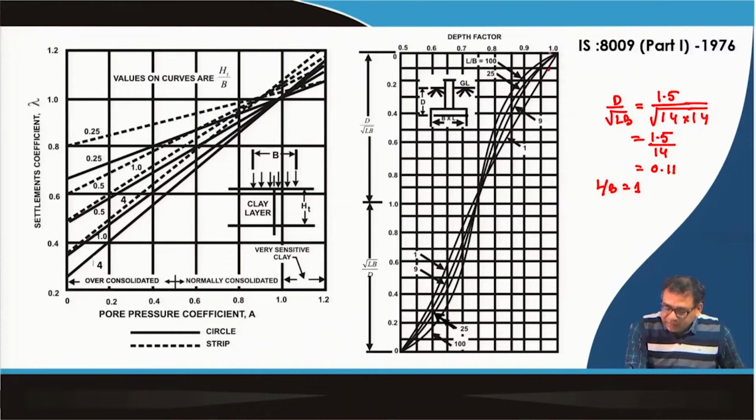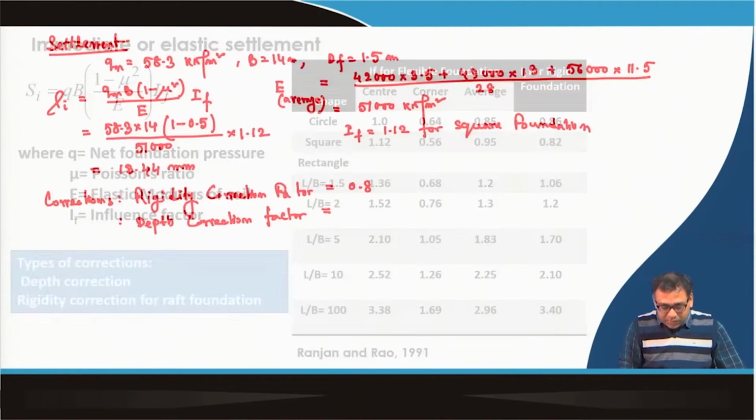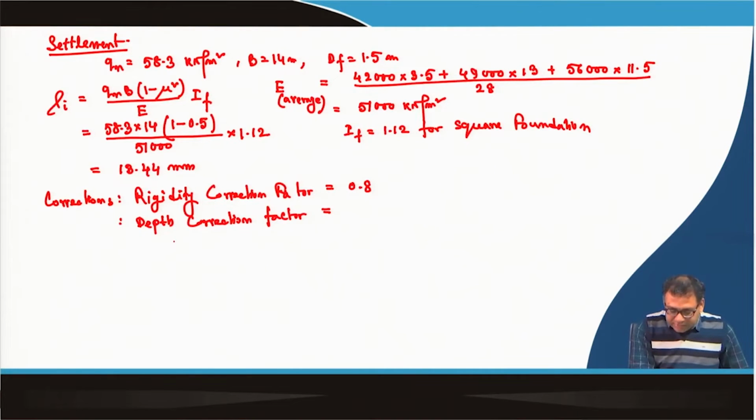So, this value is roughly, the correction factor is 0.96. Okay. So, this correction factor will be 0.96. So, I can say the depth correction factor is 0.96. Okay. So, the immediate settlement corrected